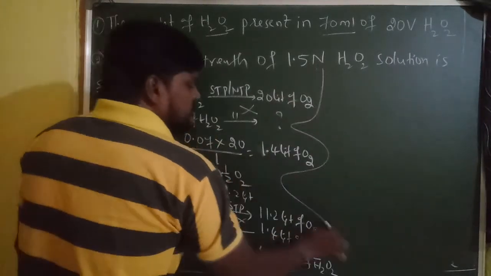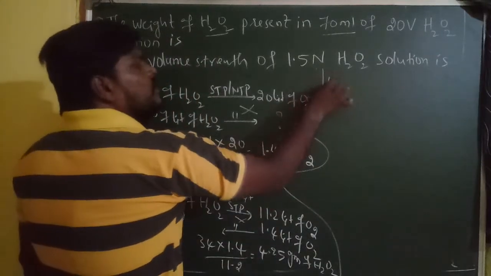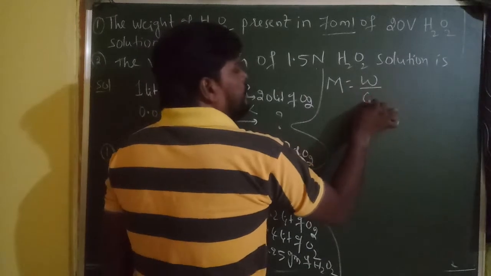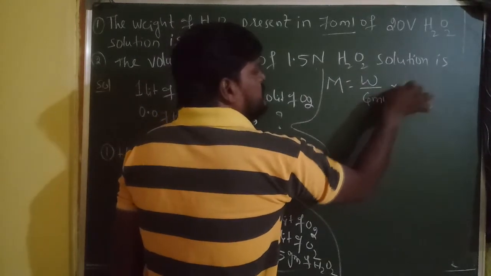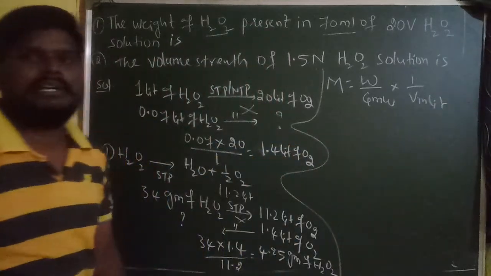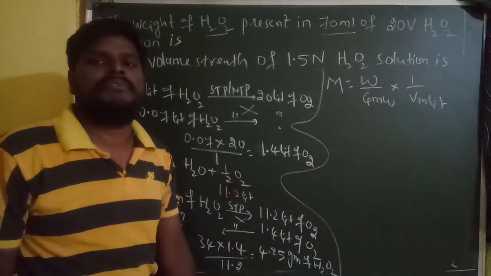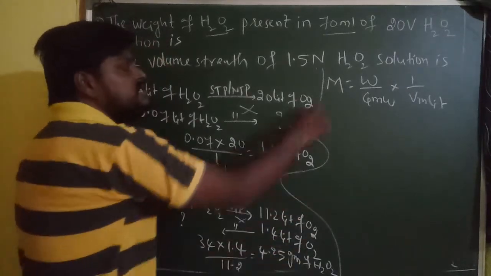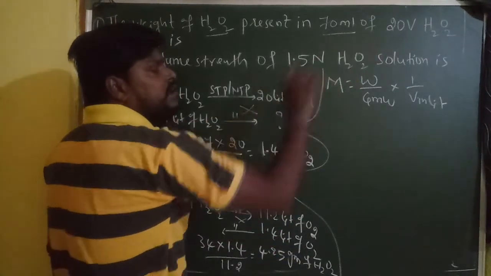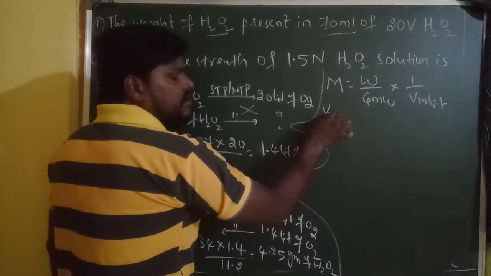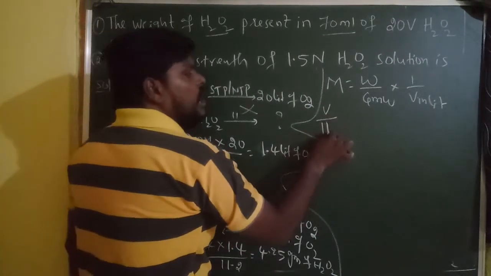Yes, we have a shortcut. What is the shortcut? Molarity is equal to weight by gram molecular weight into 1 by V in liters. Yes, this is a very well known formula for molarity. What is the direct formula for molarity in terms of the volume strength of H2O2? I have already explained it in the previous video. Here V is the volume strength. Volume strength by